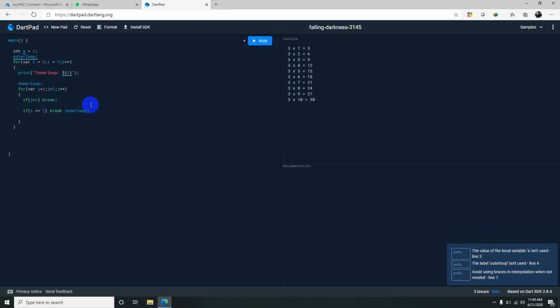If I want to break the complete outer loop, then I can write like this: if the i value is equal to 4, break outer loop, so it will exit the main outside loop itself. Understood?